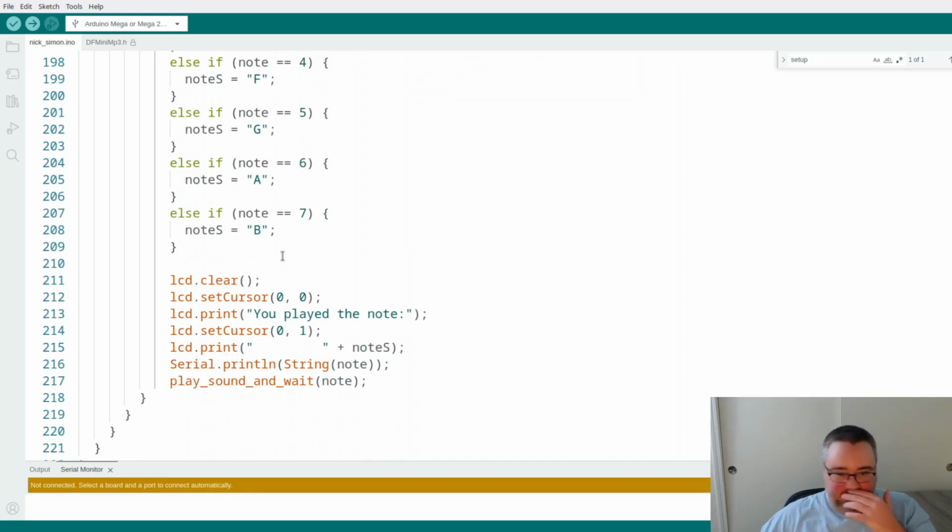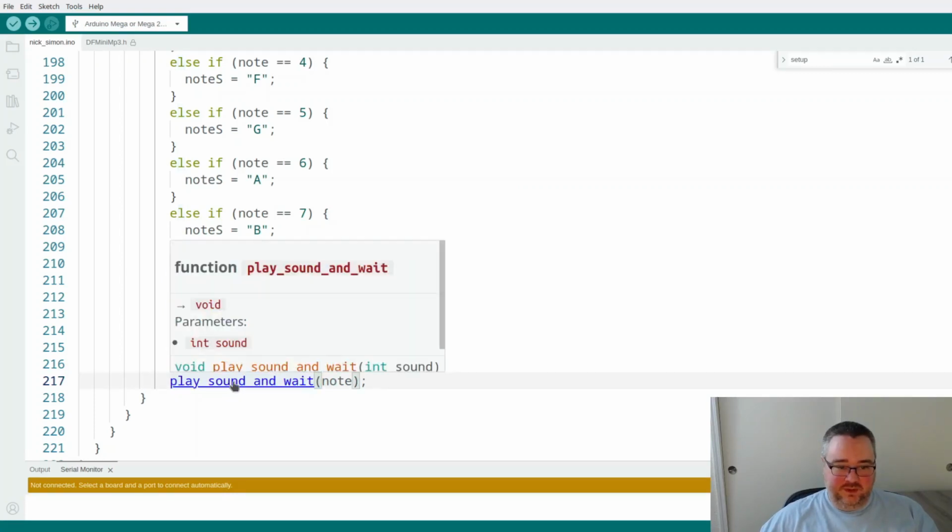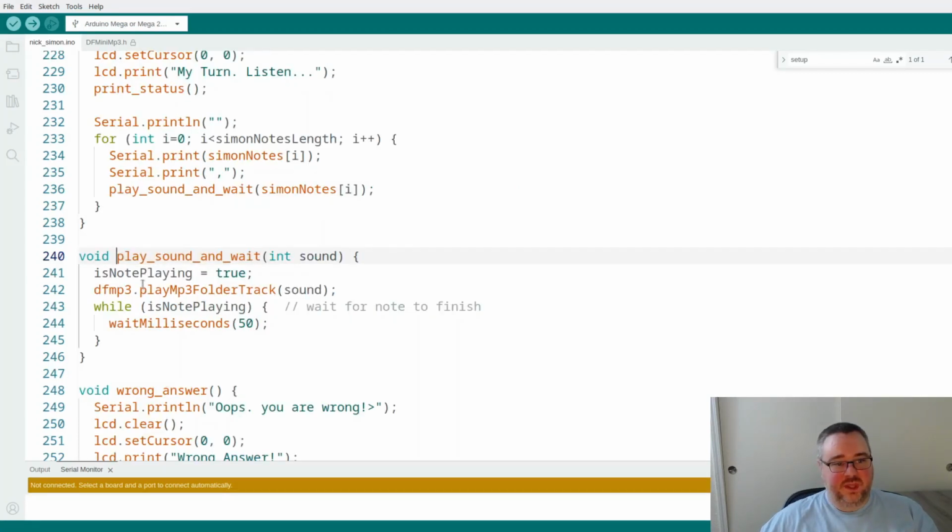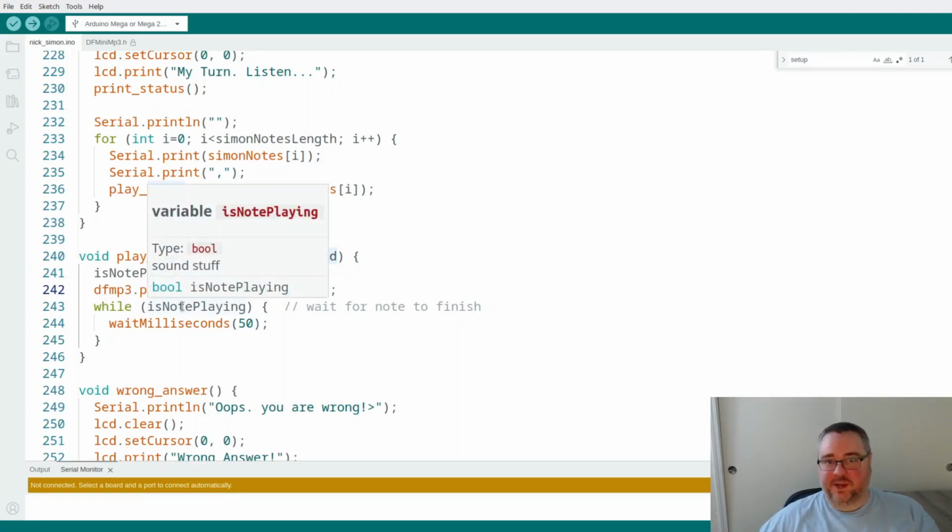After I get the note, then it will play sound and wait note. Okay, so what's play sound and wait? It just sets is note playing equal true, and it plays that sound, the MP3 play folder track, and it just sits here and waits for the note to stop playing, right?